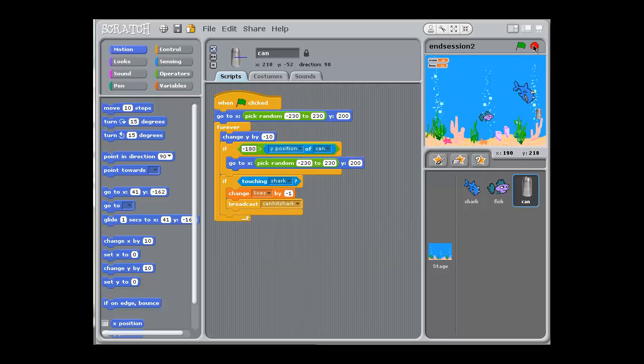The reason for this problem, or what we call a bug, is that when I open the can, the logic says that if it is touching the shark, it will change the lives by 1 and then broadcast can hit shark. What we want to do is that when the can hits the shark, we want to change the lives, but we want to also change the location of the can. In this way, it will not keep hitting the shark until the shark is located to another place on the